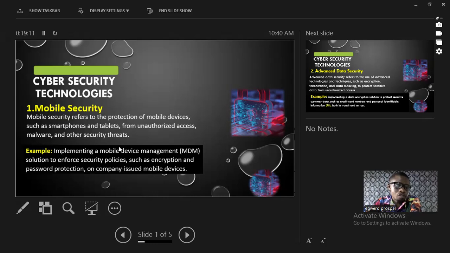To protect phones. So don't be surprised tomorrow you are engaged in a company and they bring all their phones for you to set up their security. Don't be surprised. So do not think that it's only laptop or system or computer. No. Phones are part of computer. How many of us are aware? Because we were taught categories of what?